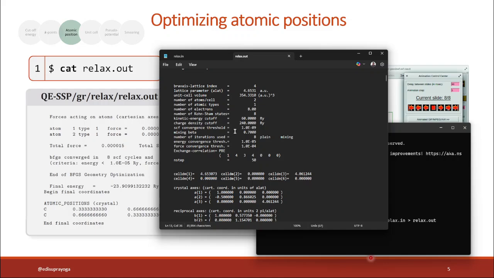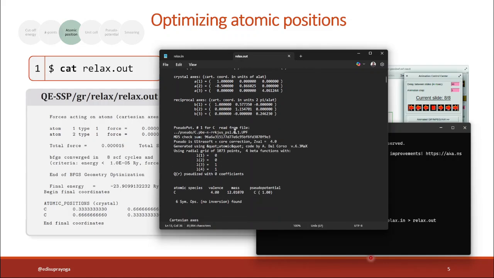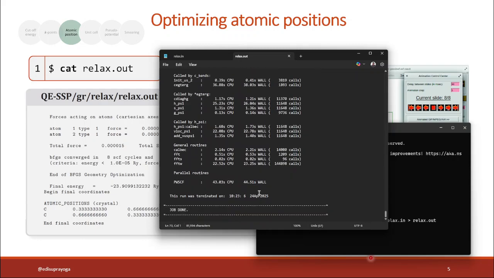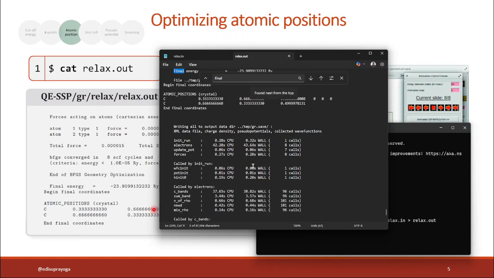Here, and see the last line. If the calculation finished, then JOB DONE is written at the end of the output file. And to search forward for the final state, you can press Control F and use the keyword final. Yeah, here. Final.